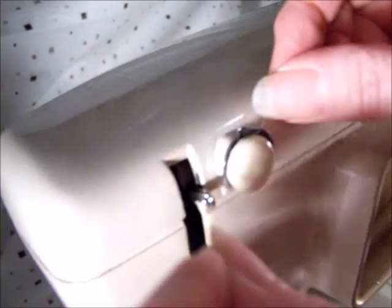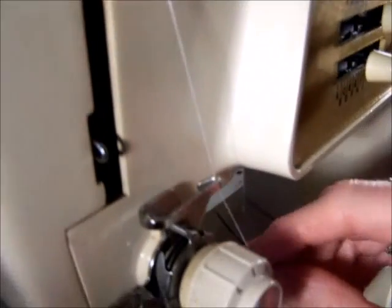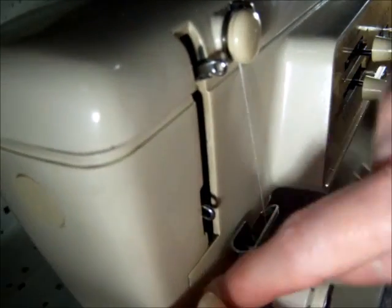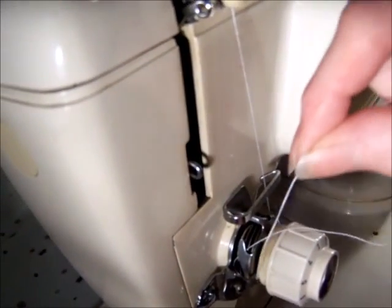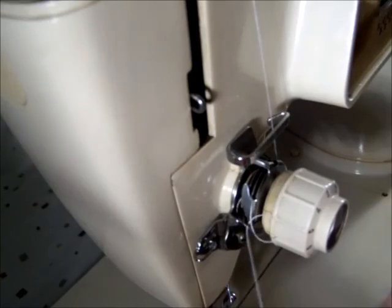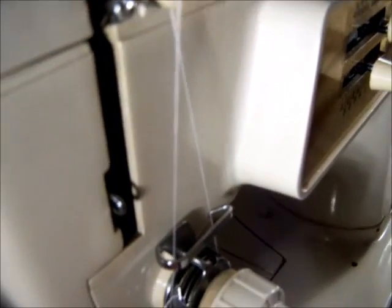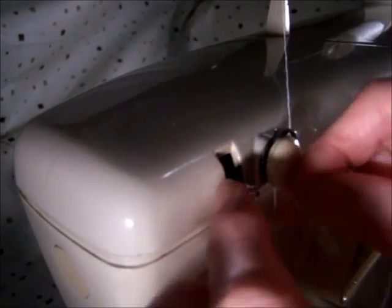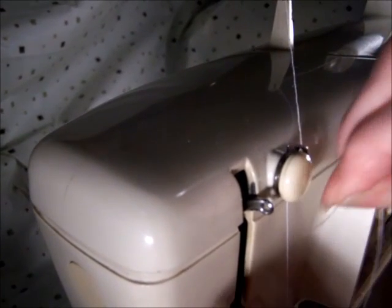Between the two little grooves of the metal, round through those bars there, round, goes down through that guide under the tensioners. Then this is the crucial bit, it goes up and around that little metal tooth there, and then it goes down. You feed it down through that metal loop, then it comes up again, and you catch it through that thread guide there. Then it goes through here, this stitch bar, through the little eye,